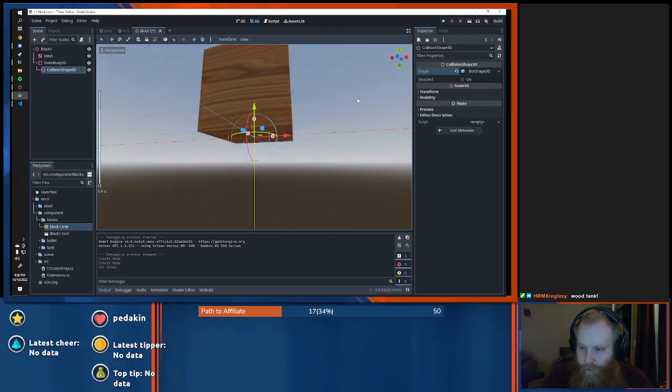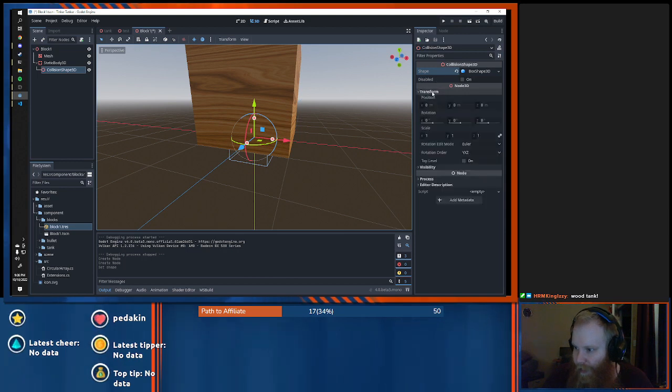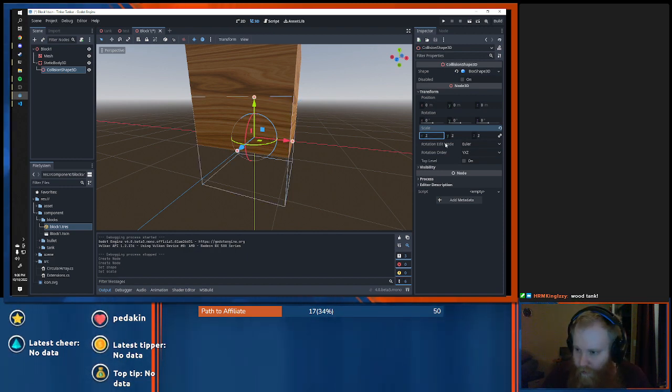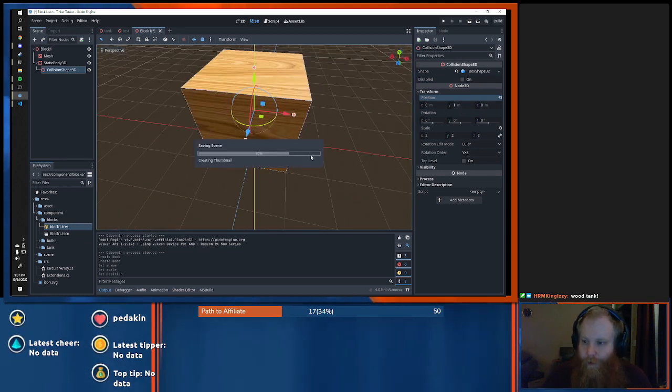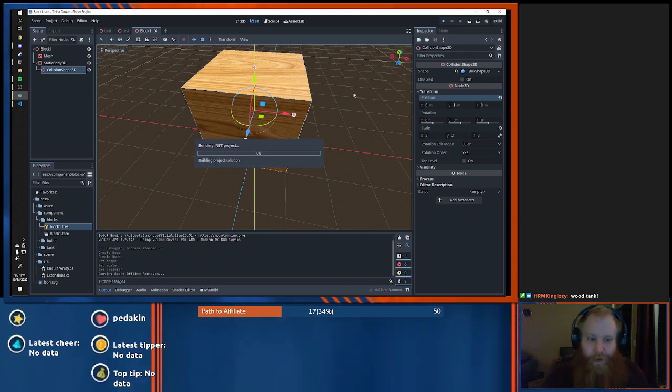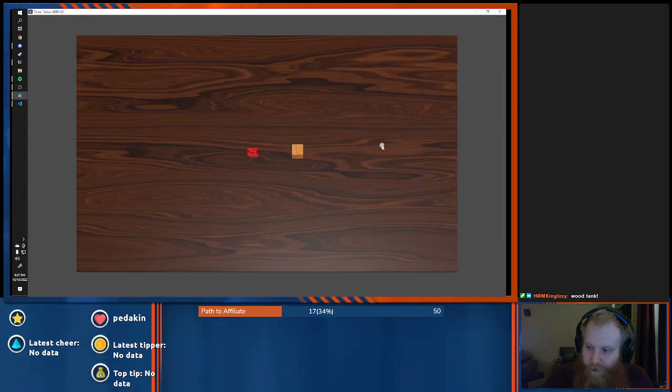So pretty easy. We're going to give it a box shape. We're going to do a scale of 2 and a position of 1, and that matches it just exactly. Cool. So now, if I were to play, let's see what happens. Up, bonk, and bullets bounce again. Okay, so now we have a block that makes sense.